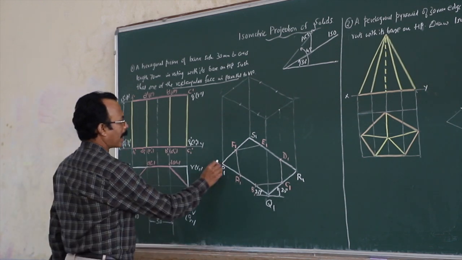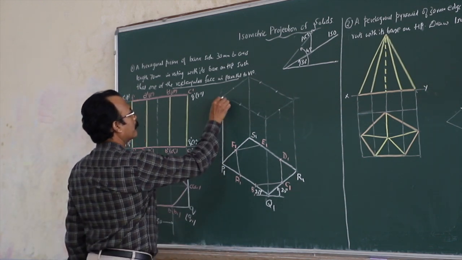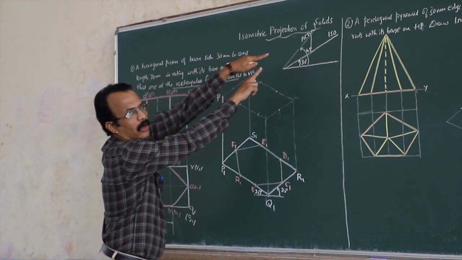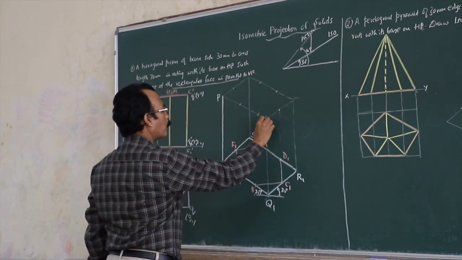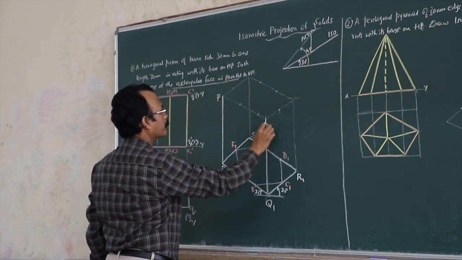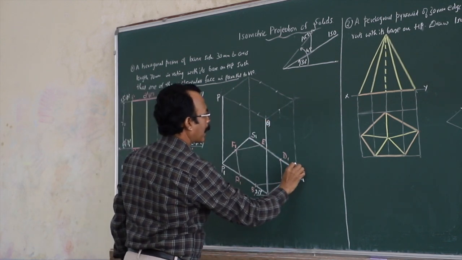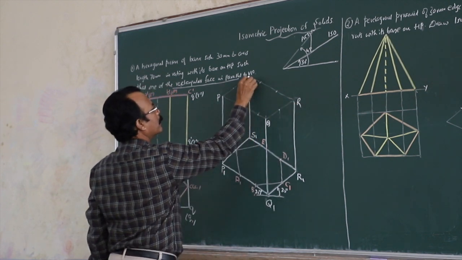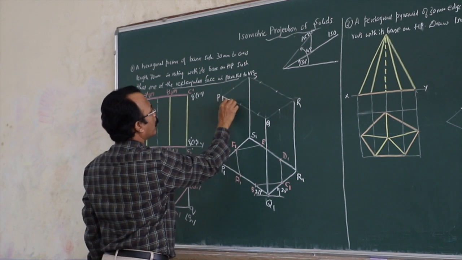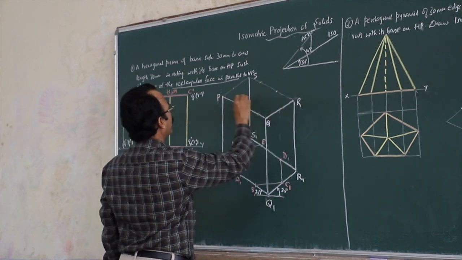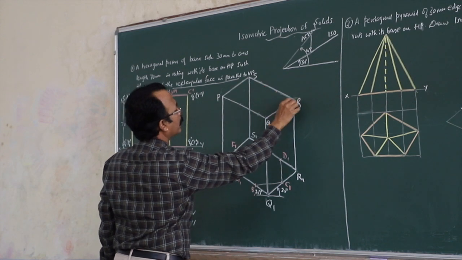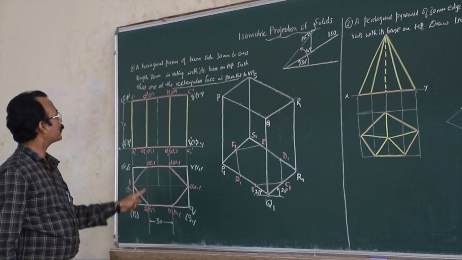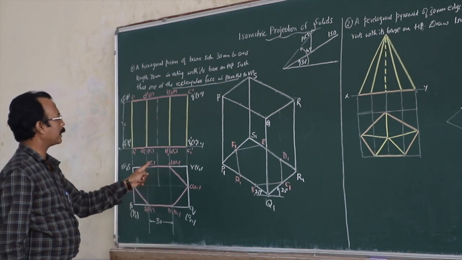So what you do now, at P1, draw a vertical. What will be its length? It will be isometric length of 70 there. Similarly at Q1, draw another line. You will get Q. Similarly at R1, you will get R, and similarly at S1, you will get S there. And you complete this top rectangle like this. Okay. Then repeat the same procedure and get these top points A, B, C, D, E, F here.